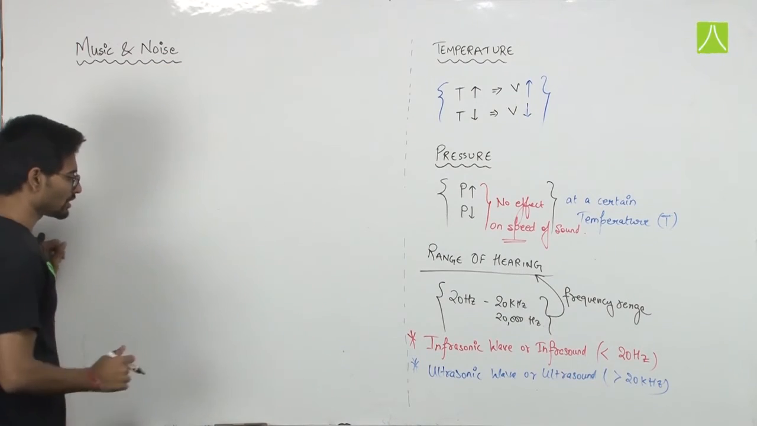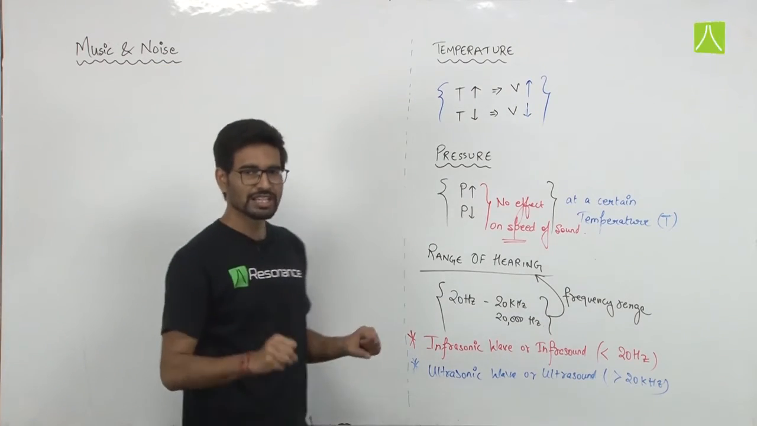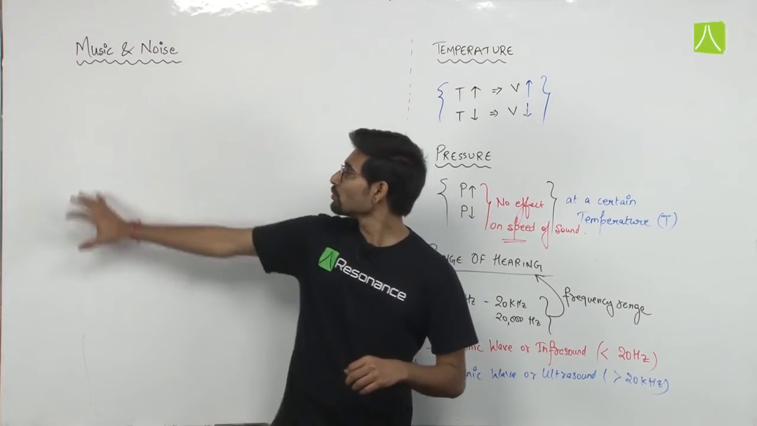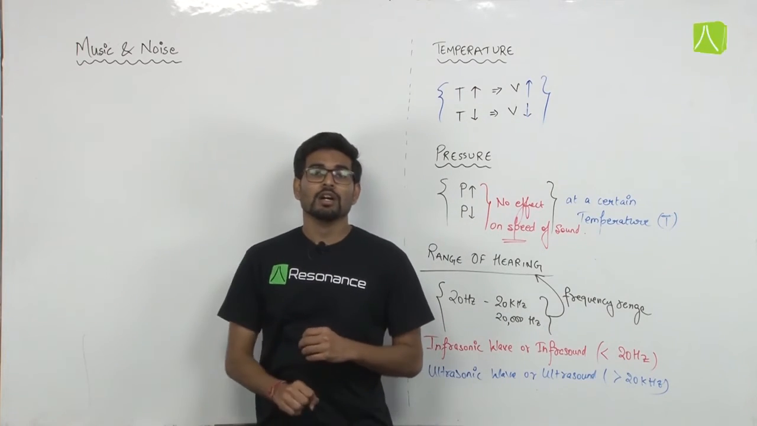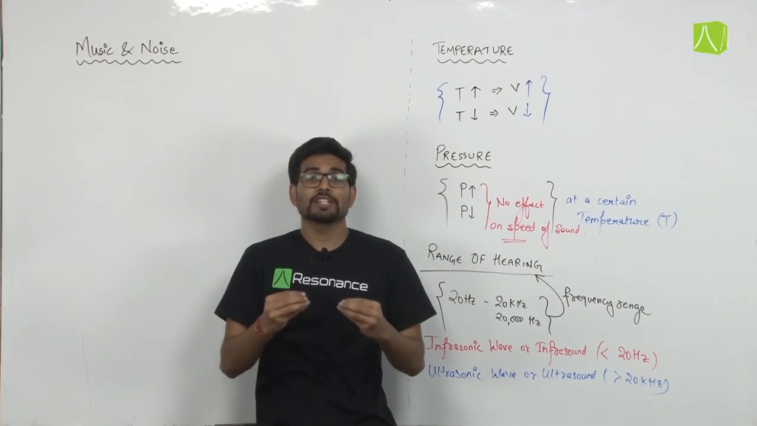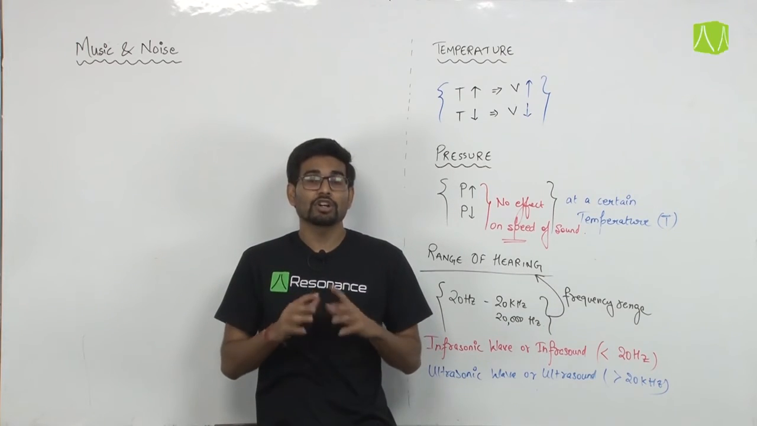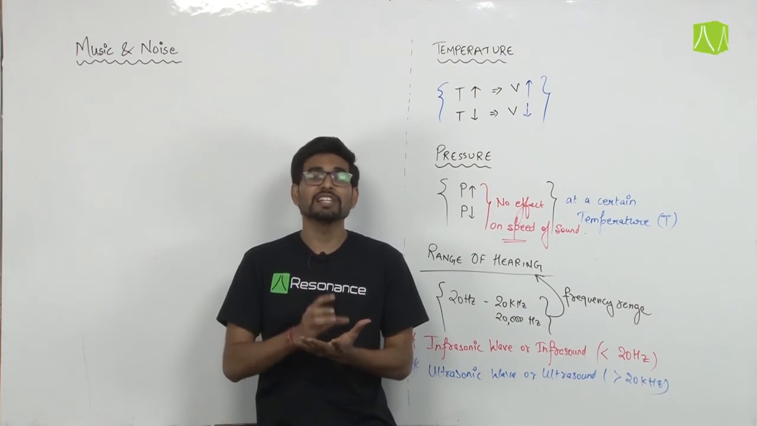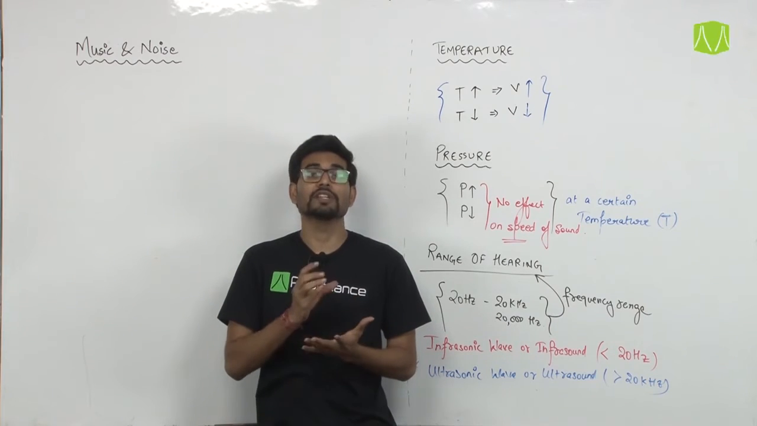So music and noise. What is the basic difference between music and noise? See, what is music? Music are the pleasant sounds. Music are the pleasant sounds which are produced due to repeated, not random, in a mannered repeated vibrations or periodic